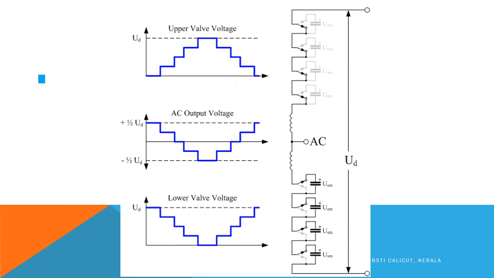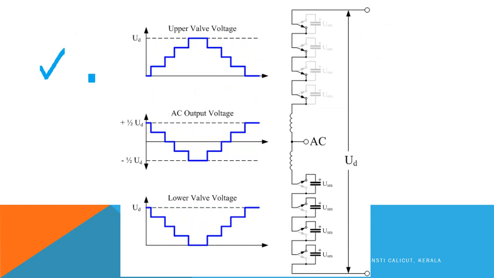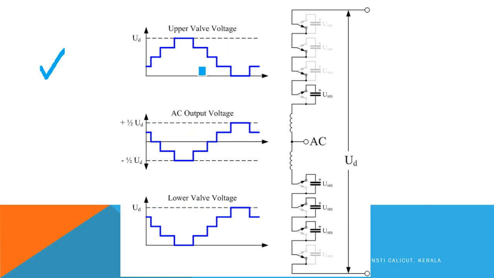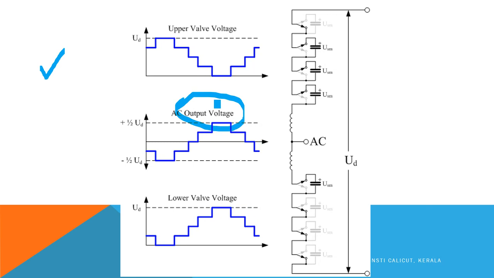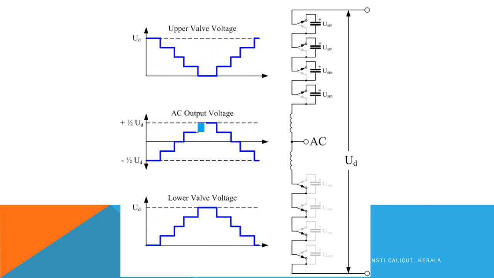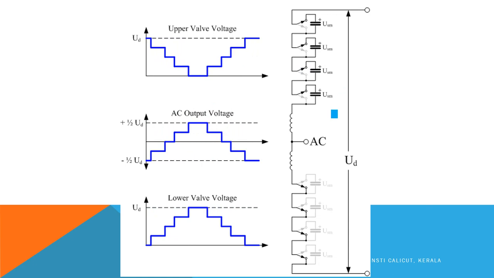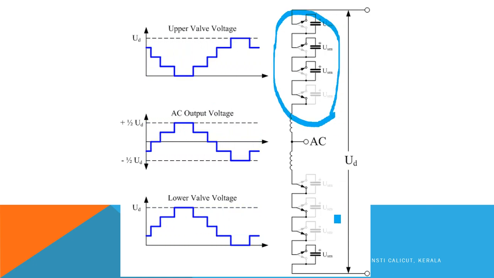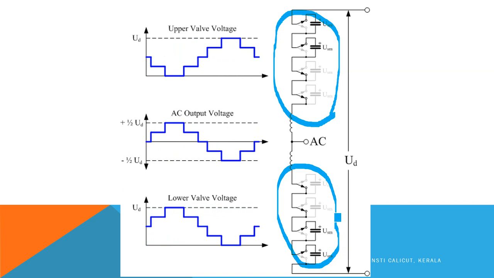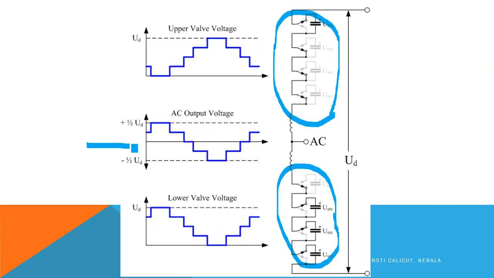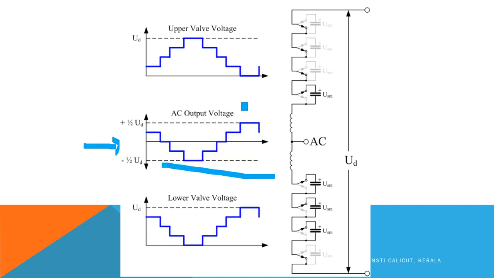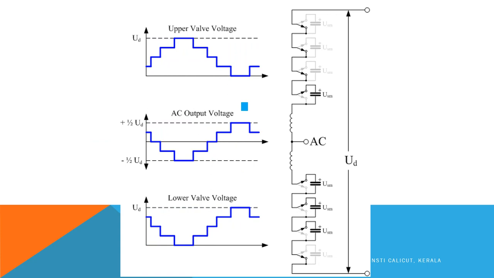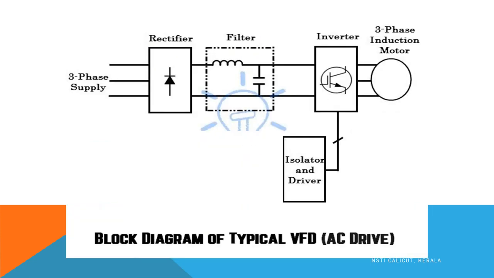Like this. So DC is available at the input side of the IGBT, and the DC will be made into AC like this. You can see it is not a perfect AC, it has a number of steps. So by switching different IGBTs on and off at various times, the DC at the input side will be made into AC. We will discuss in detail in a later section how it operates. So that is the requirement of the driver.